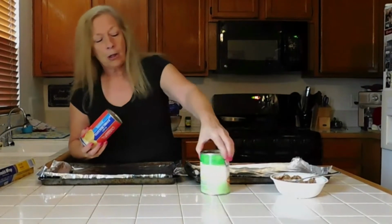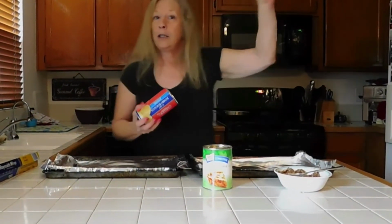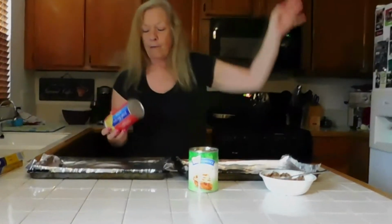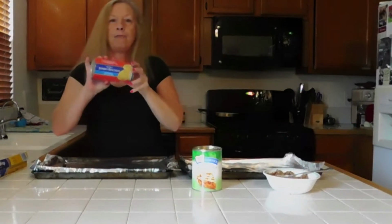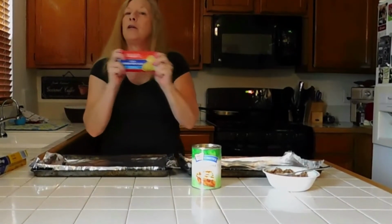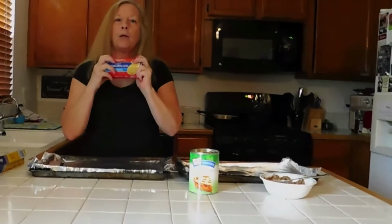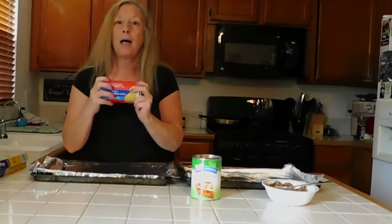This is caramel apple pie filling. You can get it at the store in the aisle where the sugar and all that stuff is. I have flaky jumbo biscuits. You can get any brand. This is Stater Brothers brand, but what I'm going to do with these is flatten them out,